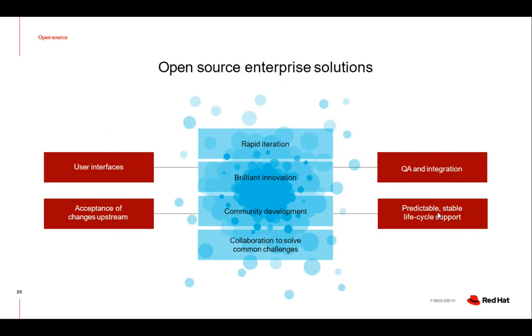One of the common objections raised by the companies who still promote licensing mechanisms is, how will you maintain a version if you're using open source software? Which is right. And that is why companies like Red Hat provide predictable and stable lifecycle support. Any open source project cannot be maintained in a version, right? Or a particular version may not be available today and tomorrow, right? But if Red Hat takes a particular product and makes it a commercial offering, they provide predictable and stable lifecycle support for that.